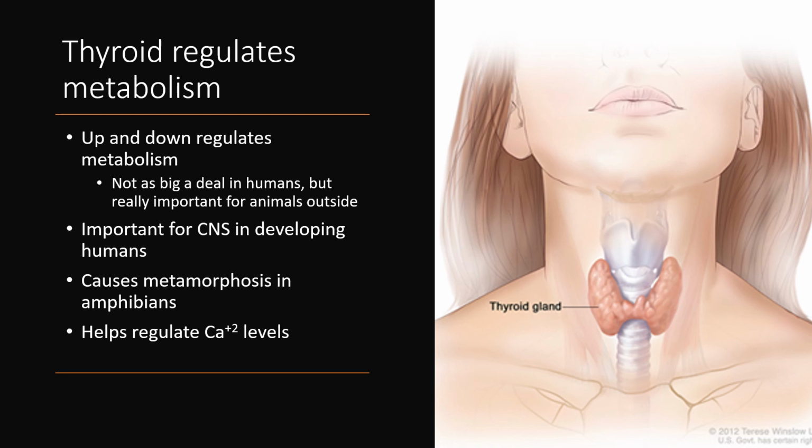In the case of humans, there is some importance to the regulation of metabolism, no doubt. Humans do regulate their metabolism to a degree, but especially it's important in animals that go through regular seasonal cycles in temperature. So think about animals that live outside, right? Huge differences in the availability of food, and so regulating metabolism from some portion of the body is really critical for them,